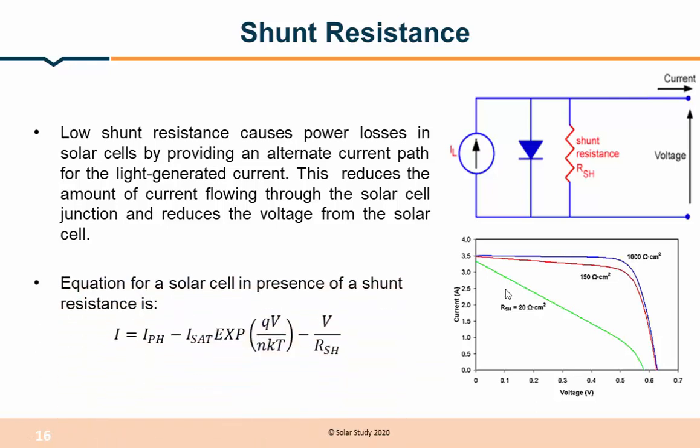So in this case, there will be an effect on my power losses. This series resistance and shunt resistance reduce the power output from the solar cell. So when shunt resistance occurs, there will be a reduction in the amount of current flowing through the solar cell, and it also reduces some amount of the voltage from the solar cell. If we put this shunt resistance in our equation, we will get to know how the decrement in the solar cell will happen.